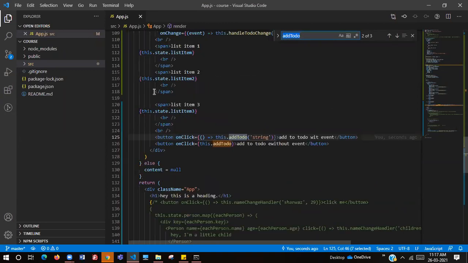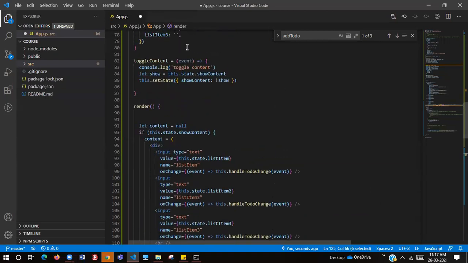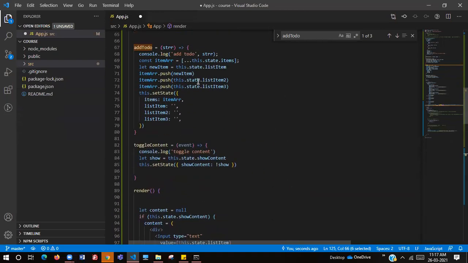But while passing another parameter other than event, then you need to perform this. Now this particular add to do, second add to do without event, will only pass event but not the string. That's why you won't be seeing the second str variable that we are printing here. Str parameter, that will be undefined.